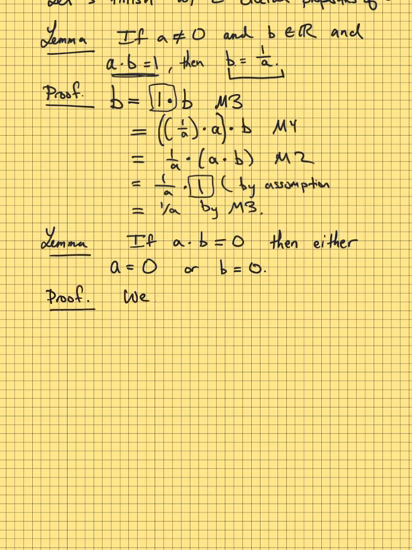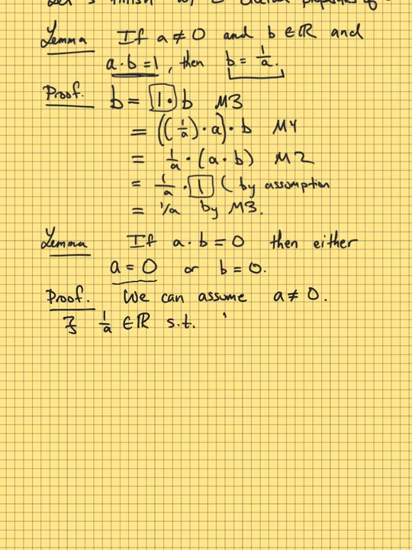So I claim we can assume a is not 0. Okay? Just because, well, if it was 0, we would be done, right? Then we would have this satisfied. Okay, so we can assume that a is not 0. So therefore, there exists an inverse. So there exists this 1 over a in R,